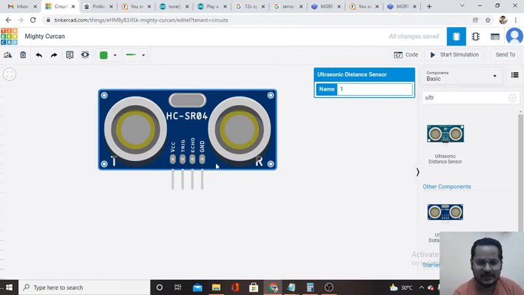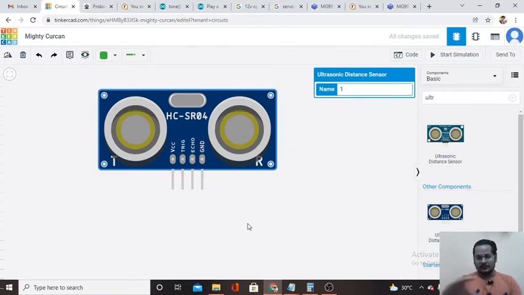Along with that, you can see there are four legs of the ultrasonic sensor: VCC, trigger, echo and ground. Basically the trigger pin acts as a transmitter and the echo pin acts as a receiver. The basic idea of this interfacing is that we have to make the trigger pin high for 10 microseconds and then after 10 microseconds make this pin low, so that it starts producing ultrasound waves. If any object comes in front of the wave, the wave will bounce back to the module and come to the receiver.